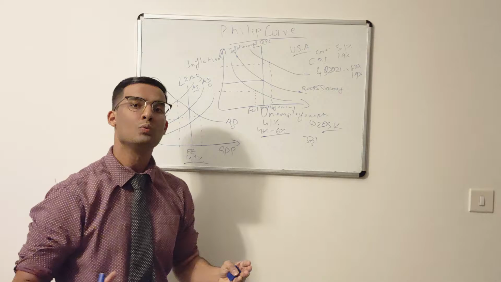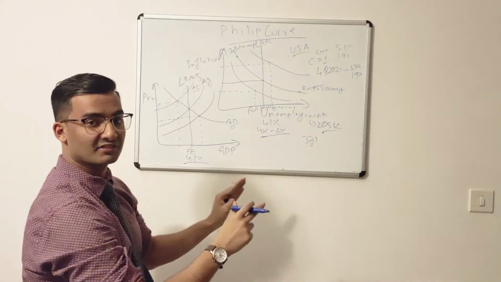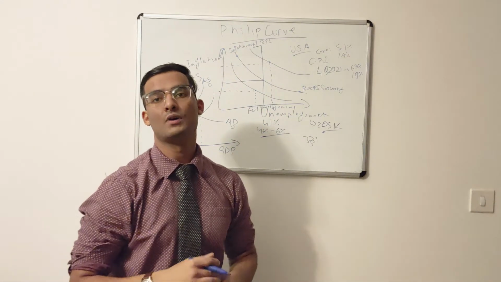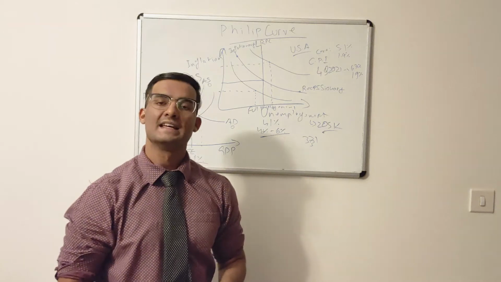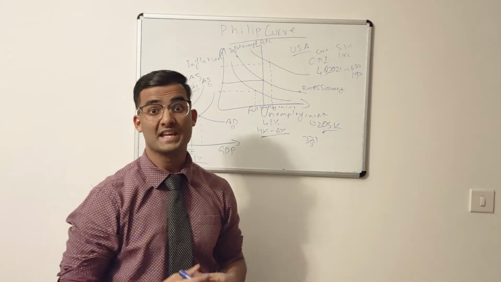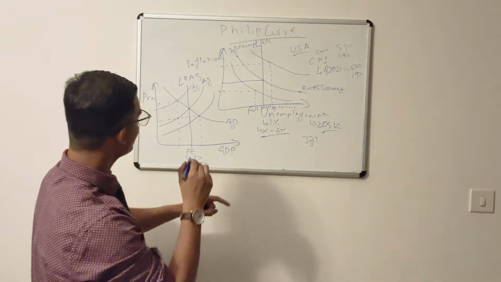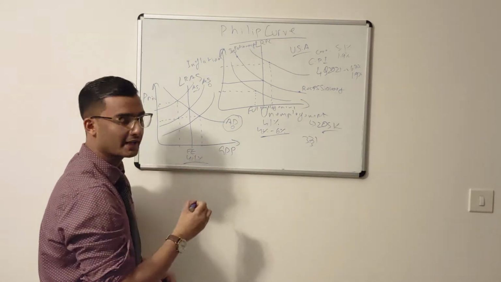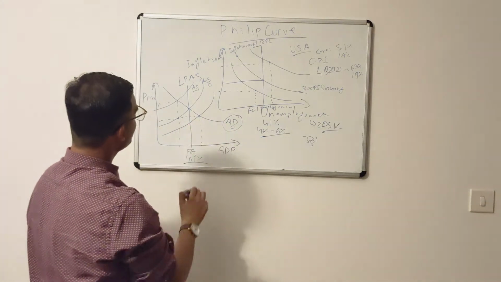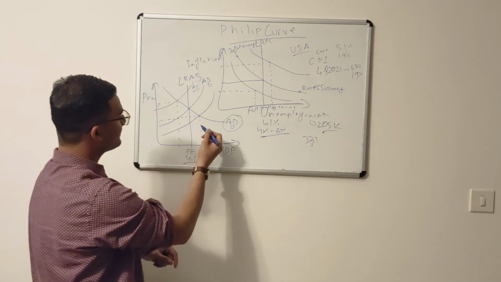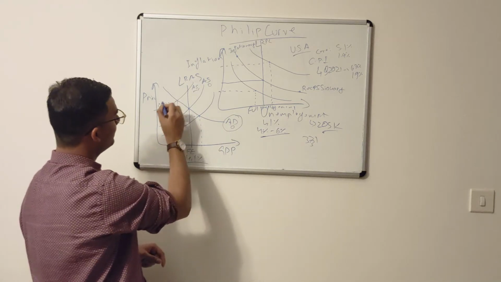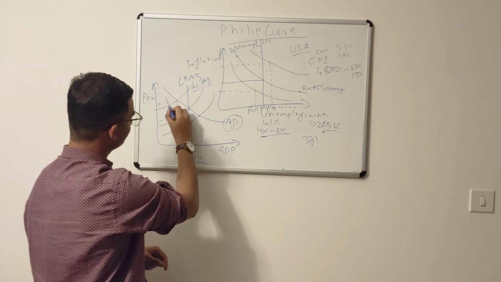But how would this graph, the Phillips curve graph, how would you plot it for the sake of aggregate demand? Aggregate demand, as we mentioned, is over here. Now, let's say this very aggregate demand shifts towards the left, which would be